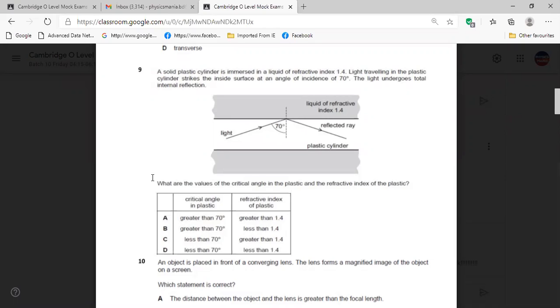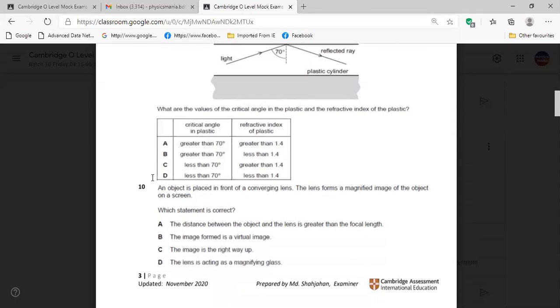So it is our common concept that if the medium is denser, then the refractive index will be more. So remember it, yes? Always. Yes, sir. Then next,